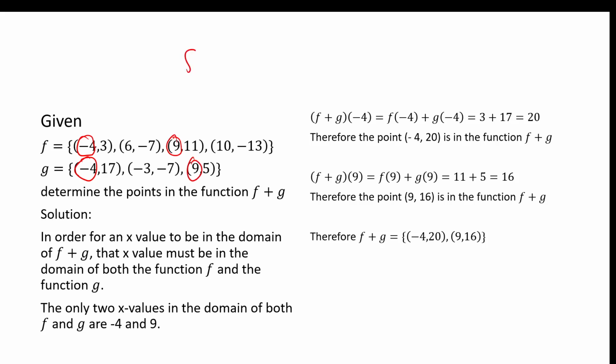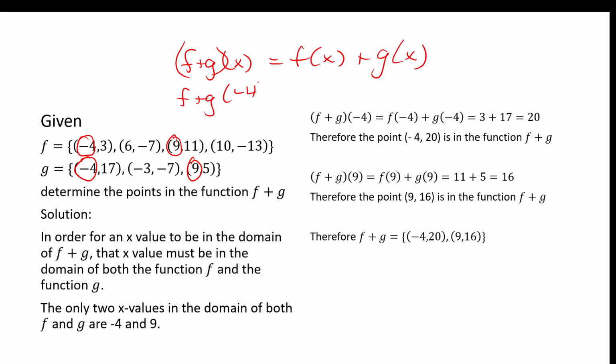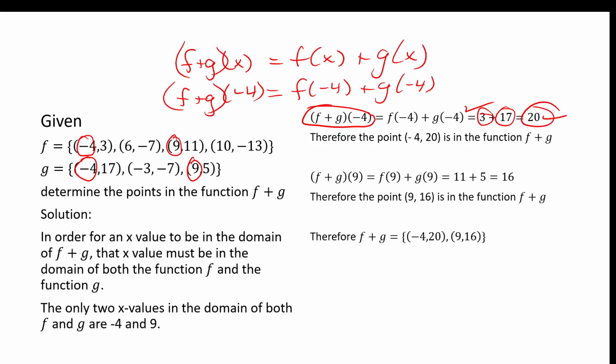Now, f plus g of x is equal to f of x plus g of x. And so that means f plus g of -4 will equal f at -4 plus g at -4. Okay, and that's what we have written here. Now, f at -4 is 3, and g at -4 is 17. So f of -4 plus g at -4 is 20. Well, if f plus g of -4 is equal to 20, then that means (-4, 20) is a point of the